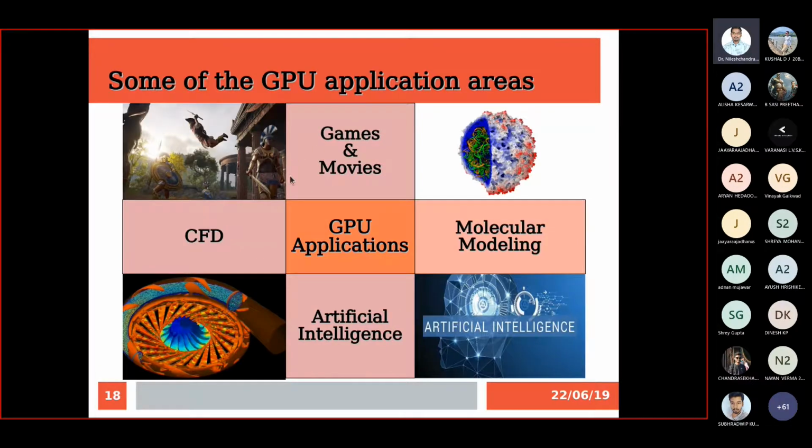Now, these are some application areas where GPUs are extensively used, like gaming and animated movies. Those who are familiar with 3D games know the importance of the GPU. All this rendering is performed on the GPU side because it requires huge computing power.